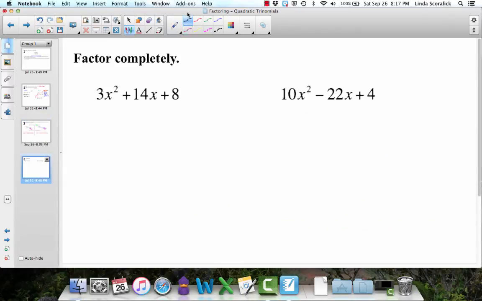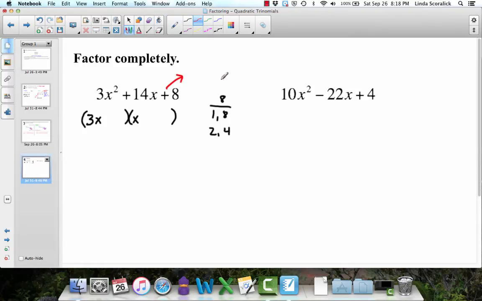Here we want to factor 3x squared plus 14x plus 8. Is there a GCF? No. So I know that I'm going to have 2 sets of parentheses. 3x squared is prime, so I know that that has to be 3x times x. 8, though, is interesting. I can do 1 times 8, or I can do 2 times 4. The question now is going to be figuring out how they work together, or which pair of factors